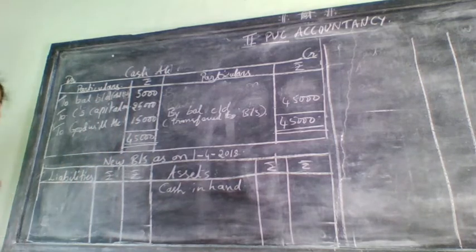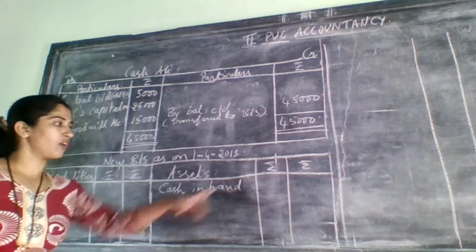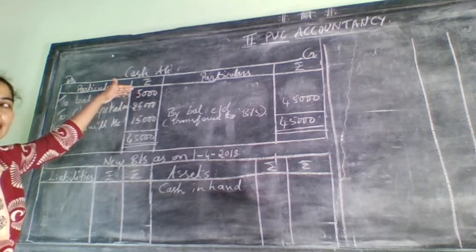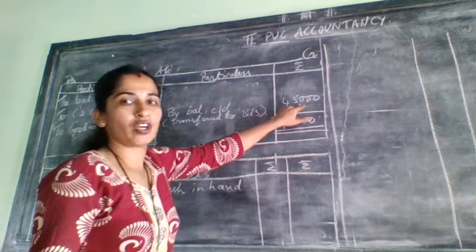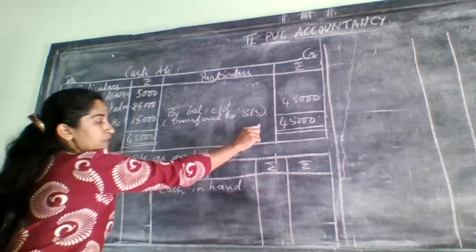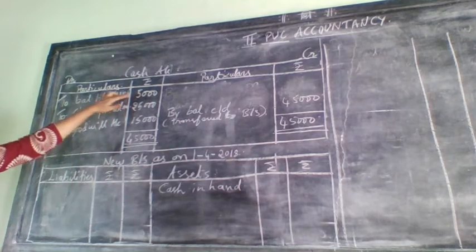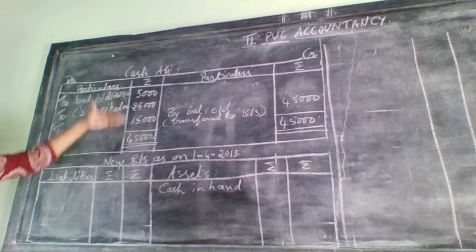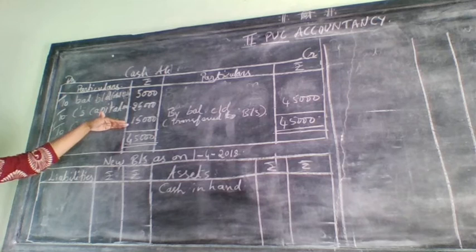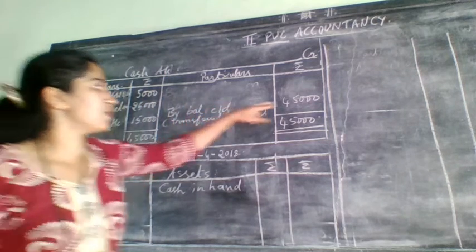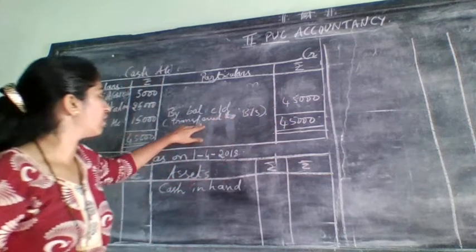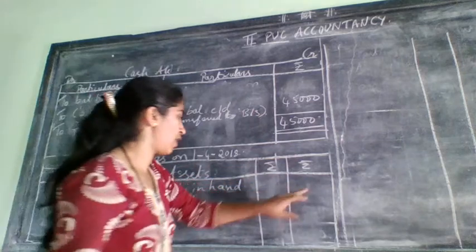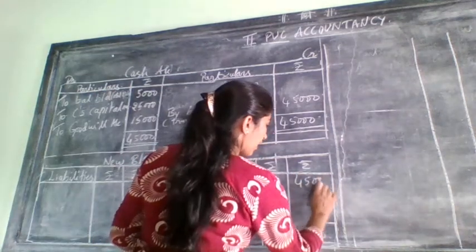Actually it was 5,000 there, but you are not supposed to write 5,000 because we already opened the cash account. Some more adjustment was done in the cash account and finally we have got how much? 45,000, and we have written here by transfer to balance sheet. Got it? 5,000 was the balance of the old balance sheet. We can't write this 5,000 because some more adjustments were there for cash. That's why, finally after doing all the adjustments, we got 45,000, and here also we have mentioned transfer to balance sheet. This 45,000 will come here as cash in hand.